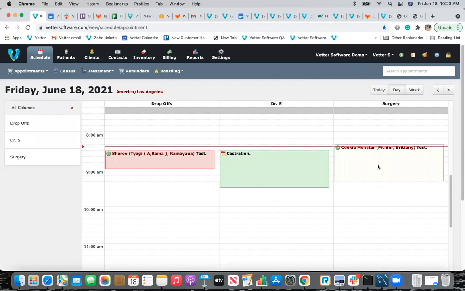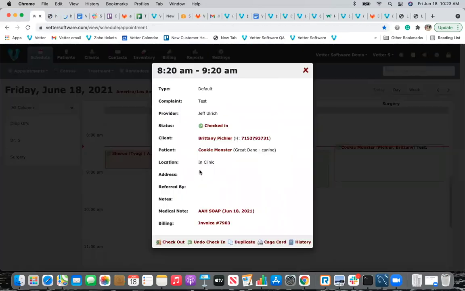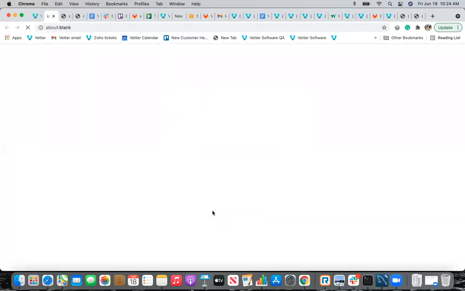And if I hover over, sorry, it is checked in. It's showing me the medical note that is created for this appointment. It's also displaying the invoice that is created for this particular appointment. You can always undo a check-in, duplicate the appointment, print a cage card, or check the appointment history via the history tab. If I go to this particular medical note for this patient,